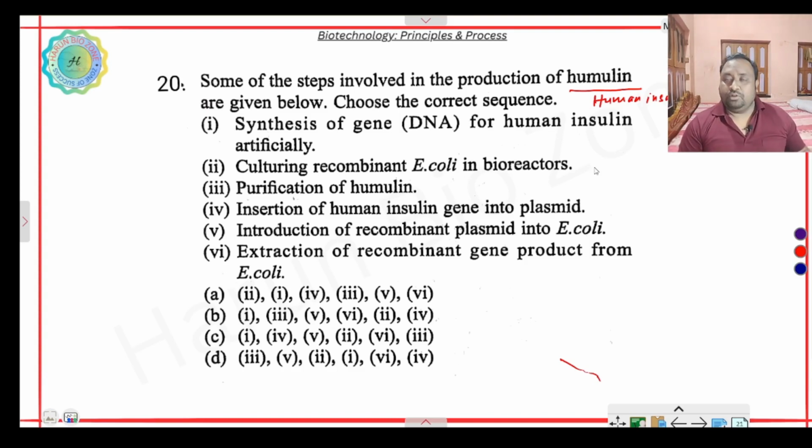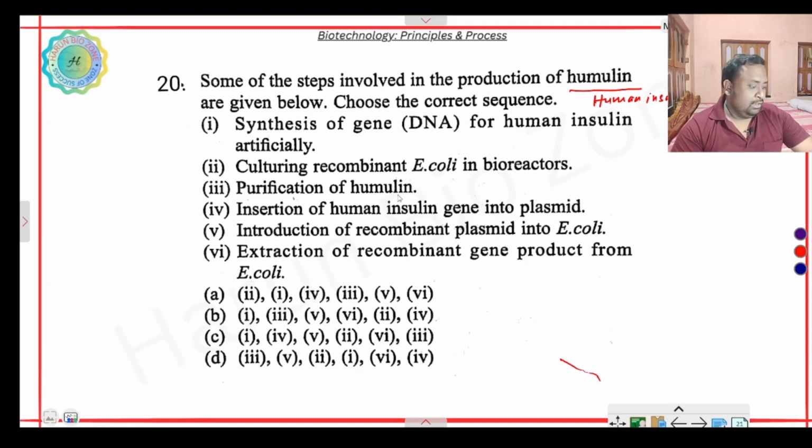Proteins are produced by recombinant DNA technology. Synthesis of gene. So here, sequentially arrange the following processes. Synthesis of gene DNA for human insulin artificially, culturing recombinant E. coli in a bioreactor, purification of humulin, insertion of the human insulin gene into the plasmid, introduction of the recombinant plasmid into the